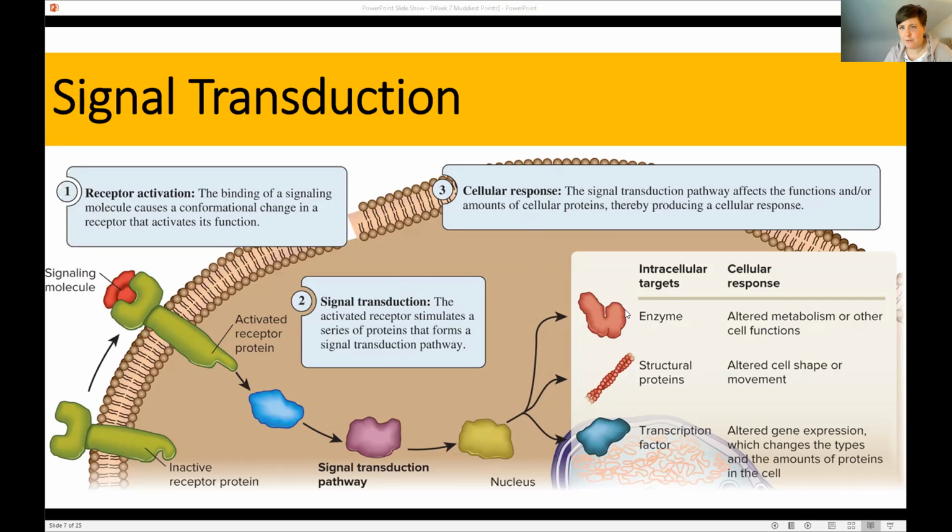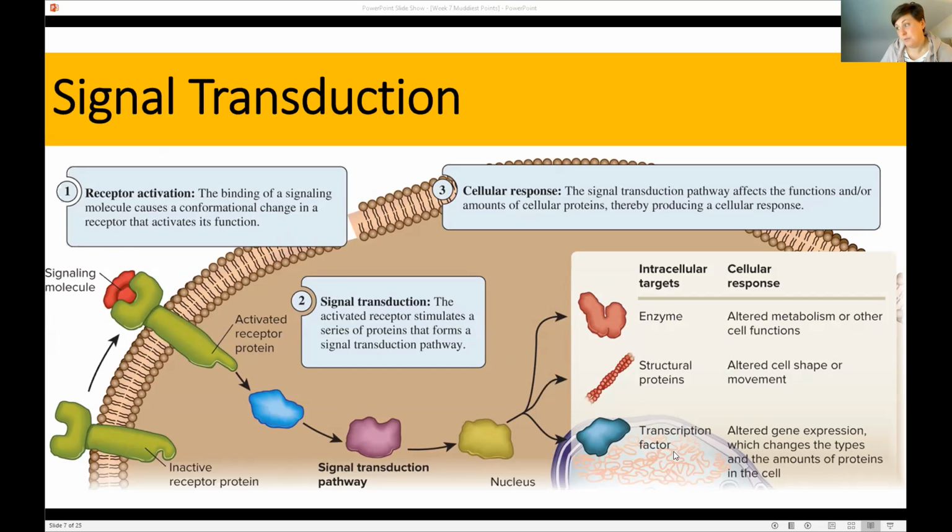There can be lots of different responses. These summarize primarily 3 of them. You can have a chemical reaction be a response, like an enzyme. Like, hey, here's lactose, we need to make lactase to break it down. Or it could be structural proteins, like, oh, hey, here's a bacteria, we need to create pseudopodia and do phagocytosis and eat it.